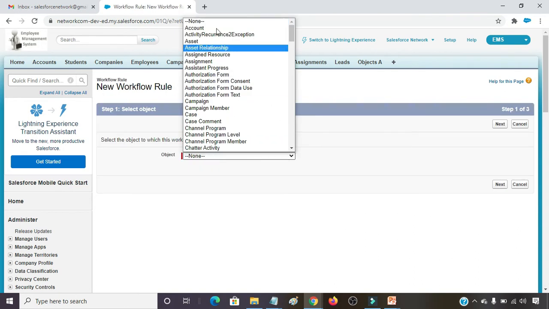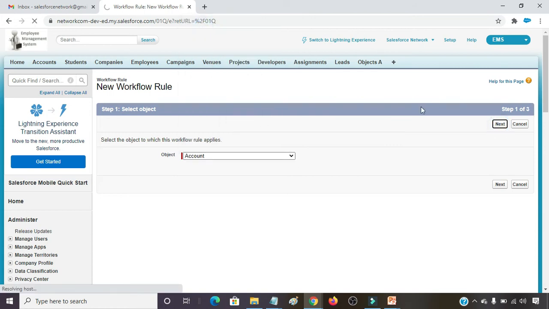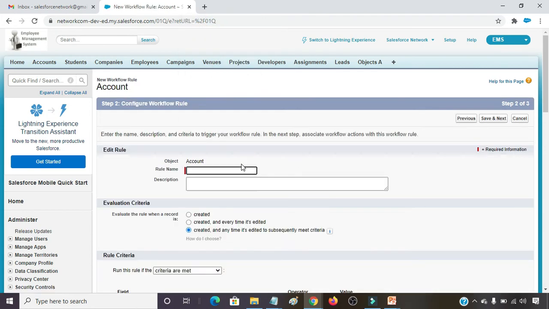Here I am going to take the Account object. Clicking on Next. The rule name is Update Account Demo. For evaluation criteria, I am going with the default: created and any time it's edited to subsequently meet criteria.